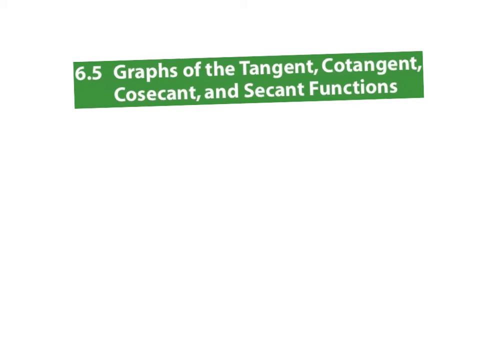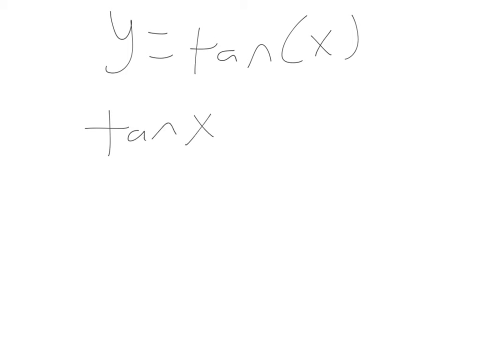Okay, this video is going to go over the graphs of the other four trig functions: the tangent, cotangent, cosecant, and secant functions. Alright, we're going to start with the graph of the tangent function. Remember, tangent is equal to sine over cosine. So what we're going to do, we already just showed the graph on the previous slides, but now we're going